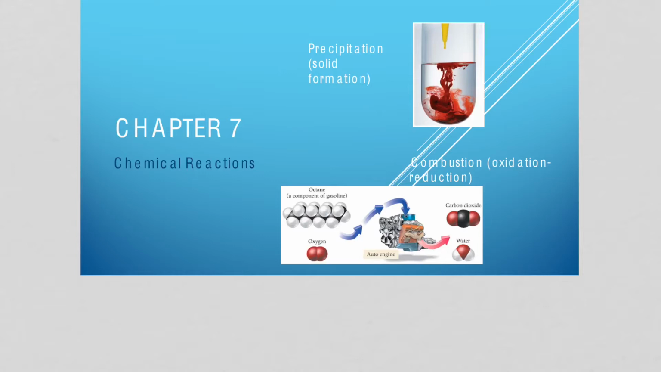And then in the next part of the chapter, we're going to look at a couple of different specific types of reaction. These include precipitation or solid forming reactions and oxidation reduction reactions. Specifically, combustion we'll look at in a little detail, which is a type of oxidation reduction reaction. So before we jump into looking at those specific types of reactions, first of all, we need to look at